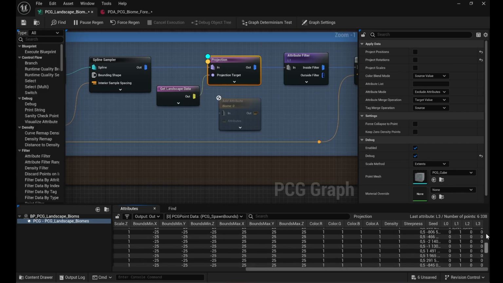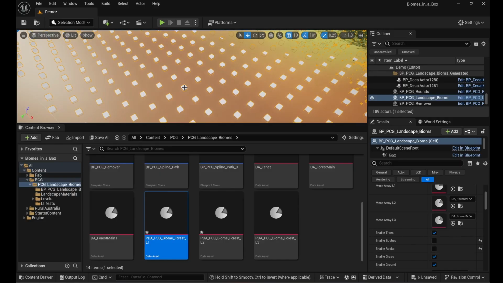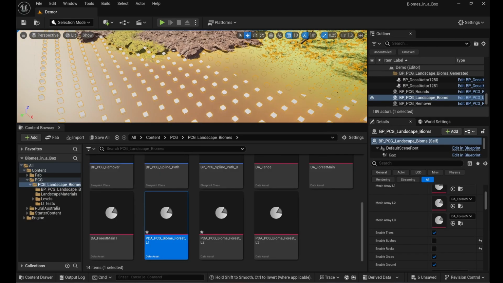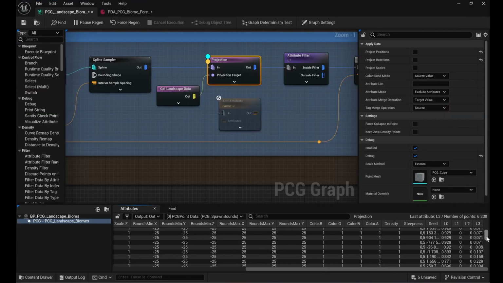That means that every dot that we have just generated, each of these dots, it knows on which biome it is located. And as you can see, it has different meanings. For example, this one has 0.1 of L3, and that means that it's not L3. It will be L1 because this number is higher than